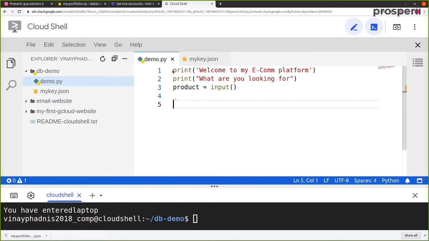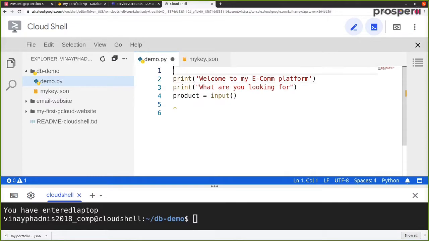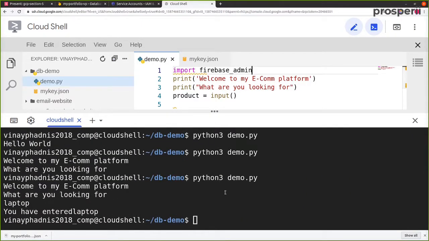To do that, we need to import some libraries in Python. The first library which we are using is called Firebase admin. So over here we have import firebase_admin. Now let's go back to the command line, and essentially let's run this particular file.